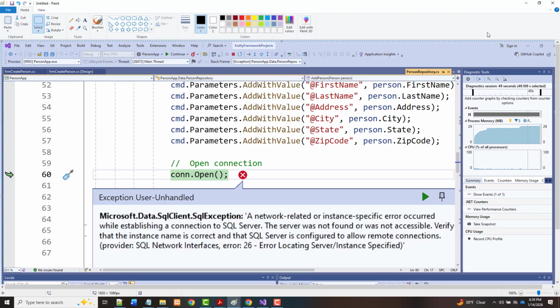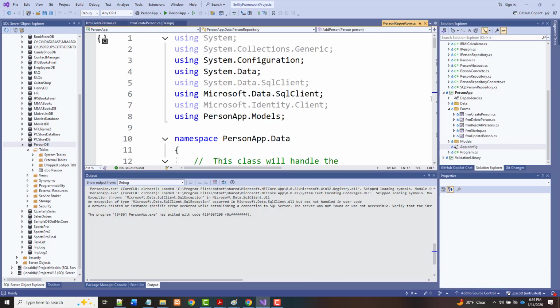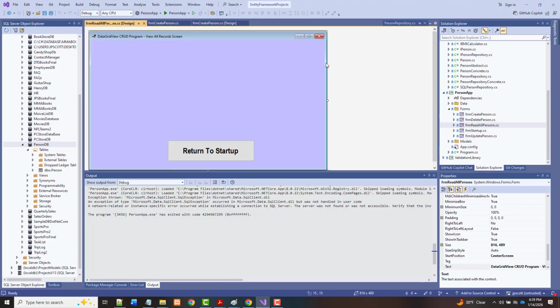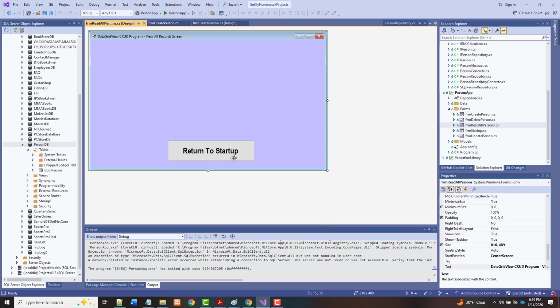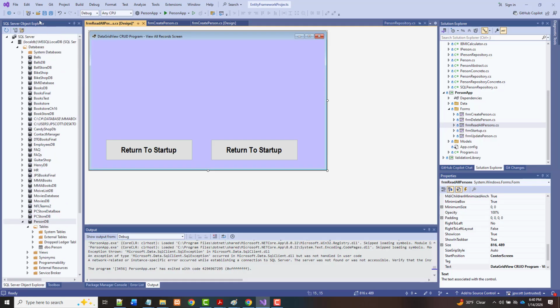So let's go to the, I'm going to stop the, I don't know, is it still running? No, it's not. Let's bring up the next one, which is our read all persons. Okay, so I'm going to make some changes here. First thing I'm going to do is move that over. I'm going to make a copy of it. And then I'm going to drop in from the toolbox